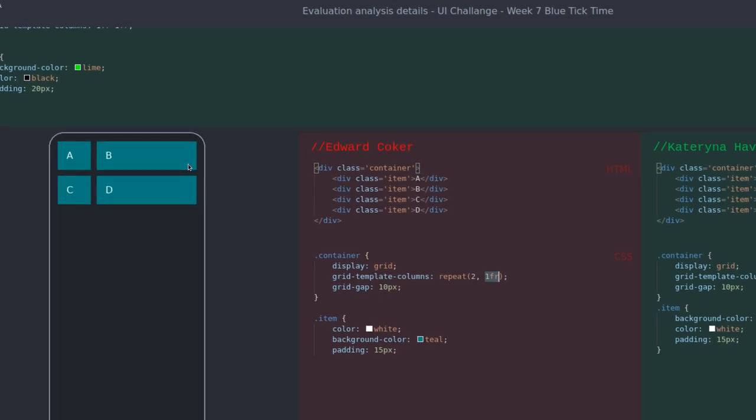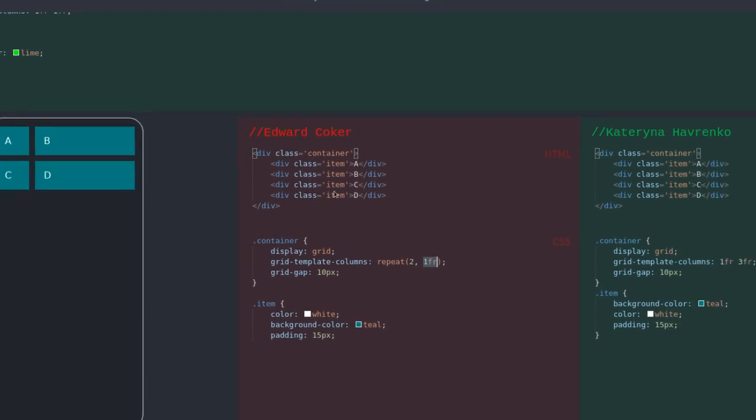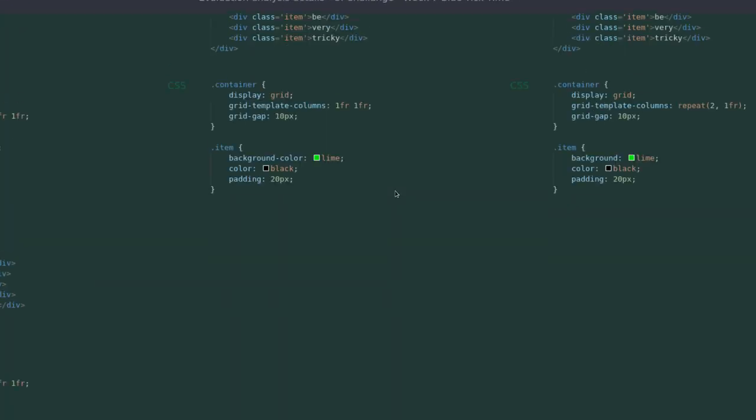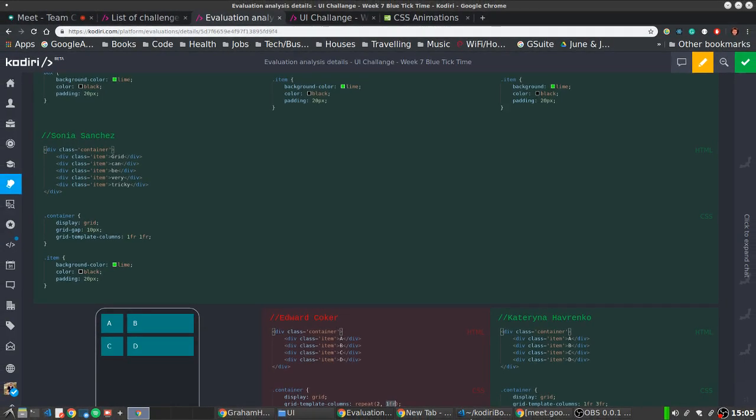So how many units we've got in total? 4. B takes 3 of them. A takes 1 of them. Simple as. Yep, you're very close. Should we leave it there? Yep. Alright. Regarding the one using Flexbox,